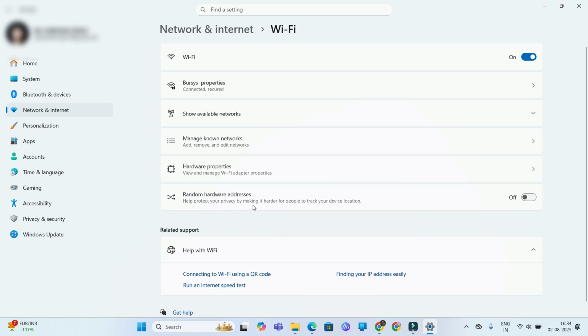protect your privacy by making it harder for people to track your device location. Okay, when you activate this option, your operating system generates a random MAC address. Okay, so it's not your real MAC address, it's a fake MAC address. Okay, so that's it, I have turned on it,